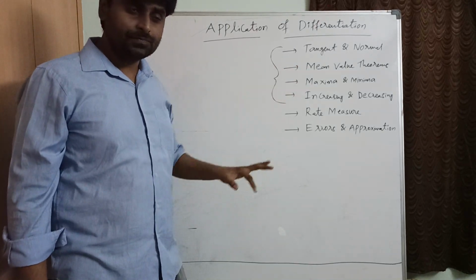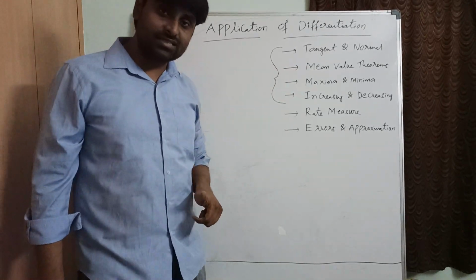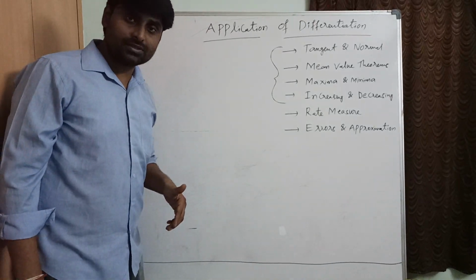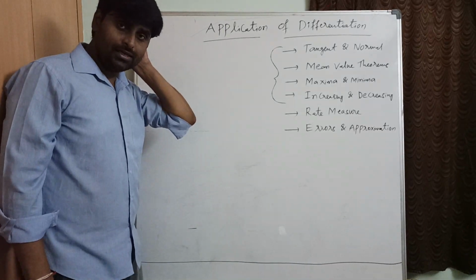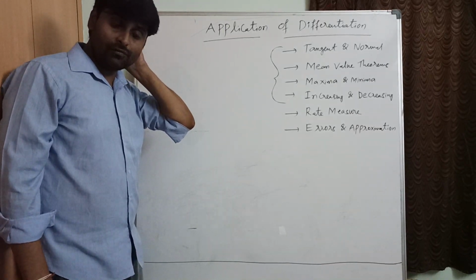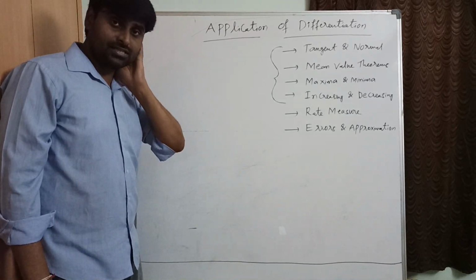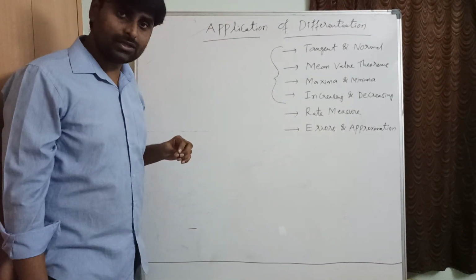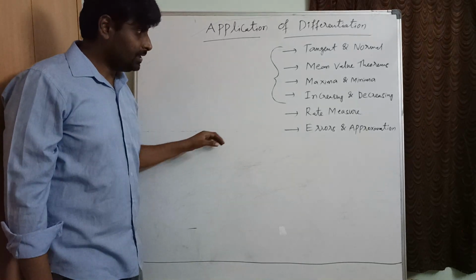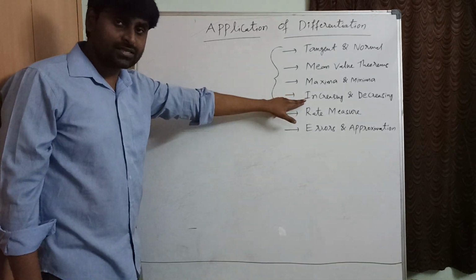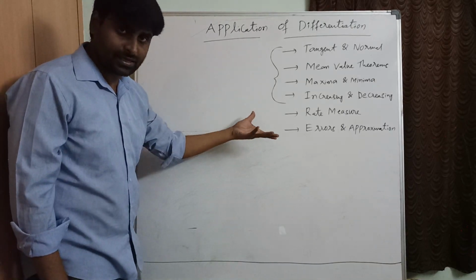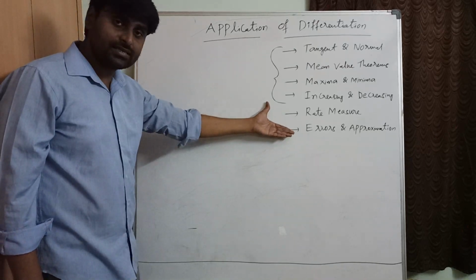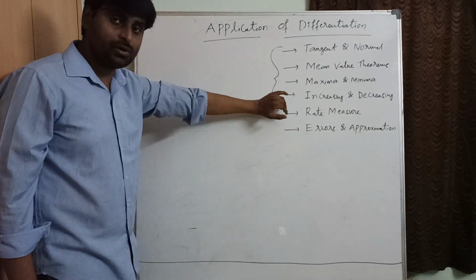Here we are going to show whether a given function is maximum or minimum. If the function is minimum, what are the dimensions of that given expression? What is the value of x where the function is minimum, and where the function is maximum? We will discuss these in different word problems also, as we have learnt. Now increasing and decreasing: in which interval the function is increasing, and in which interval it is decreasing, all these things we are going to discuss.